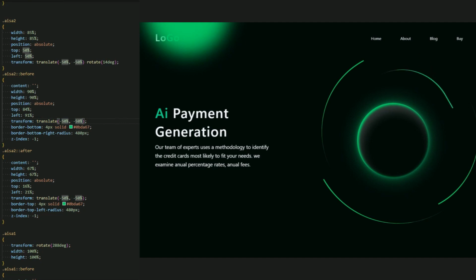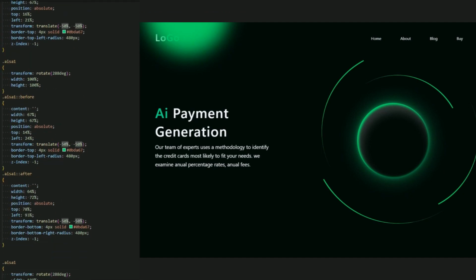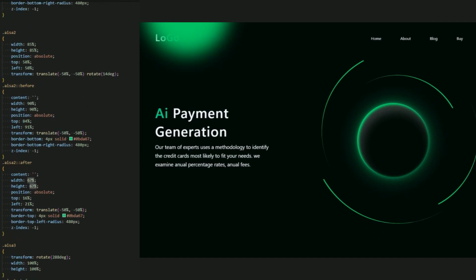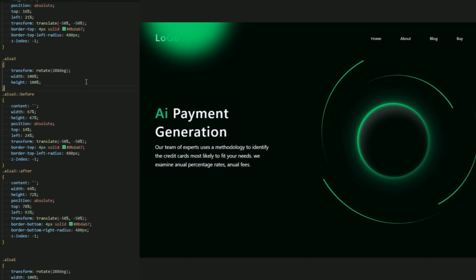Now the third one, just change the position and add a little width and height inside it. So the ASA 3, let me change the name. I think the width and the height are the same, but let me add again the position absolute to change the position of this ASA 3.